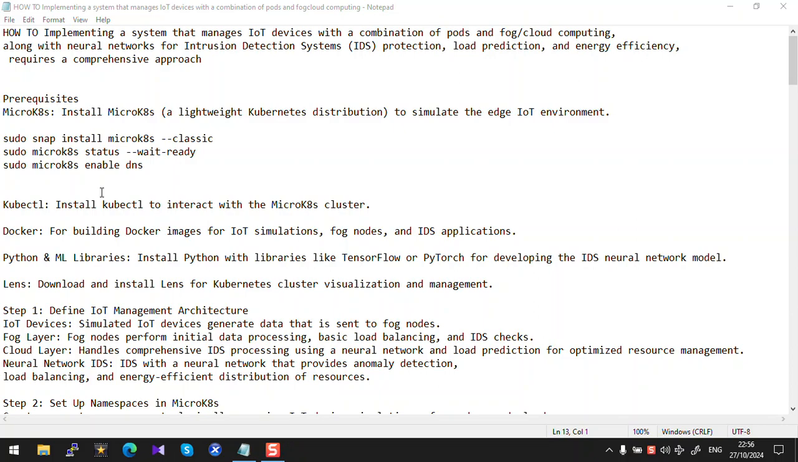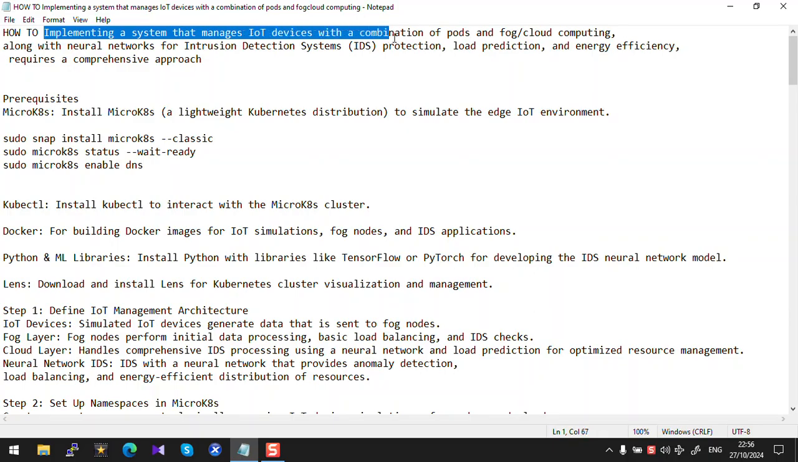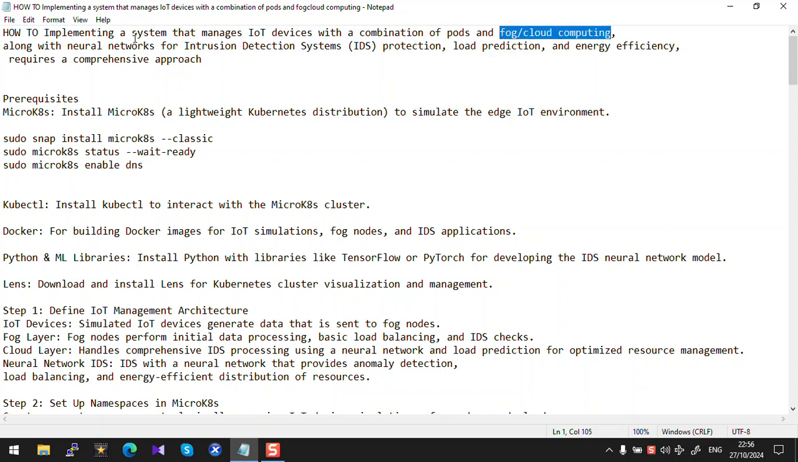Hello friends, in this tutorial we learn how to implement a system that manages IoT devices with a combination of pods and fog cloud computing along with neural networks for intrusion detection system protection, load prediction and energy efficiency. It requires a comprehensive approach. For implementation, a comprehensive approach,